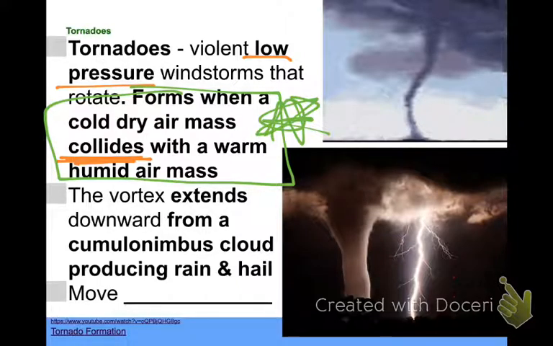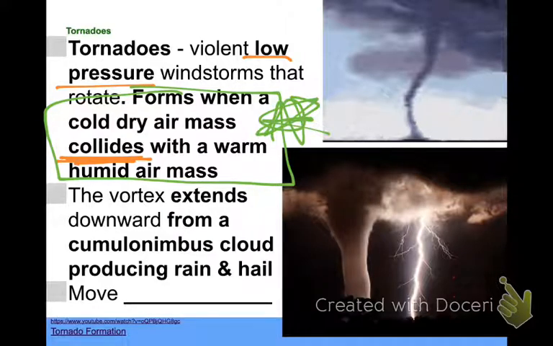And notice the cold, dry, and warm, humid, those are complete opposite air masses. And that is why when they meet together with such a collision, it can become a very violent storm. So the tornado extends down from a cumulonimbus cloud, and you typically have a lot of rain and hail with your tornadoes. So tornadoes typically form from a severe thunderstorm that also produces a lot of rain and hail and